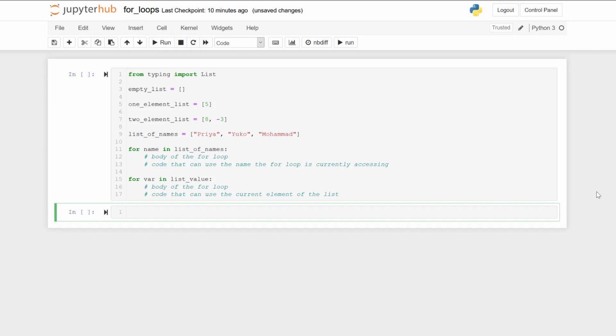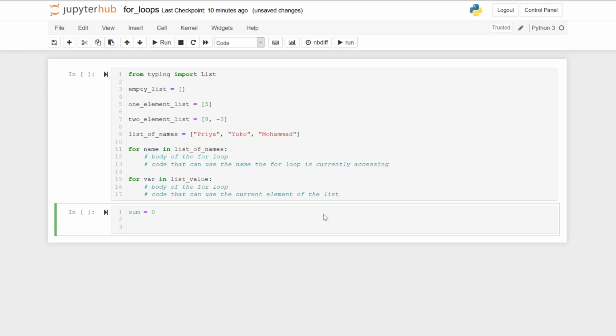Let's step through a short example. Note that this example is not part of a function design, but you will see examples with more context soon. I'll start by creating a variable named sum and assigning it the value 0, and a variable called list of numbers. And in this list, I'll include 3 integer values.